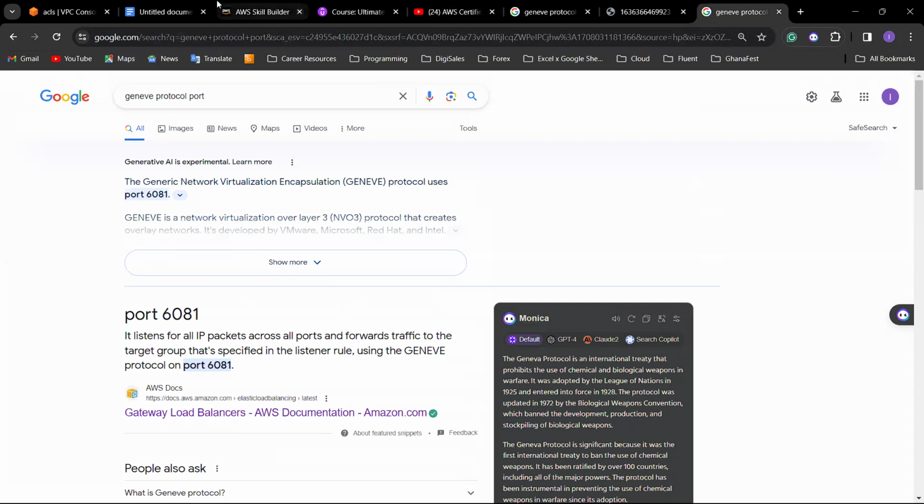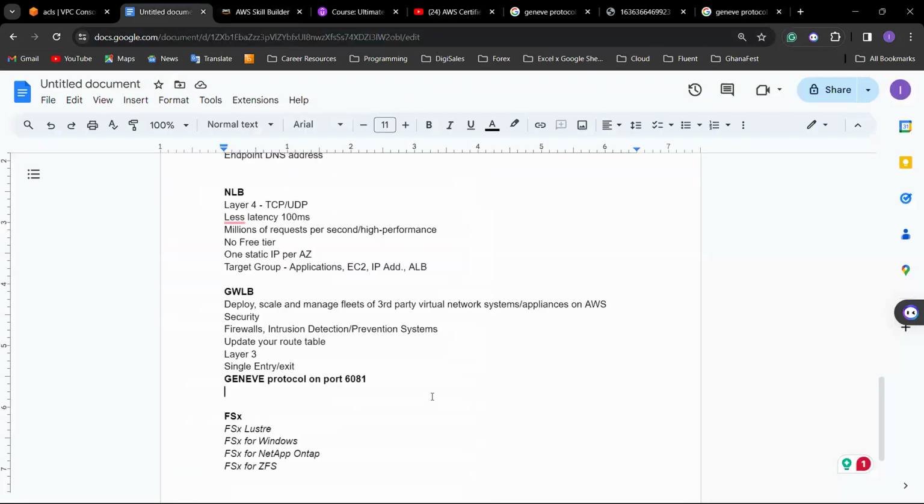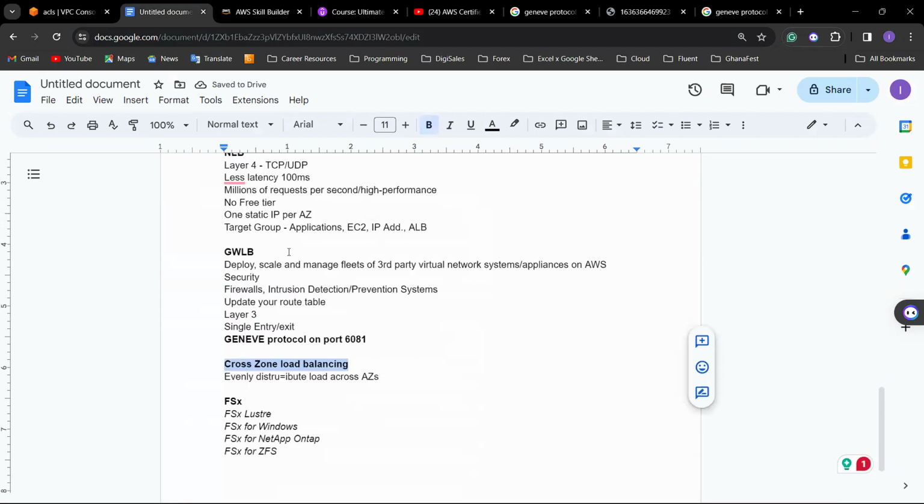And there is also a concept called cross-zone load balancing, all right? So this one will evenly distribute load across AZs, right? Now, what this means is that supposing you have